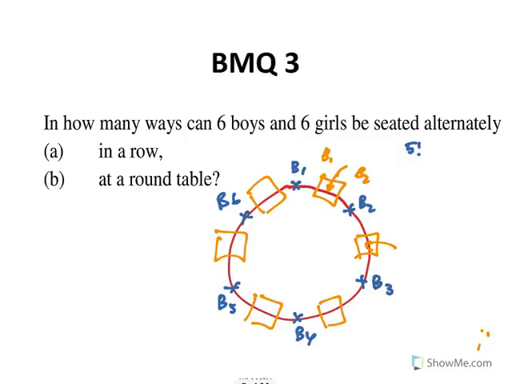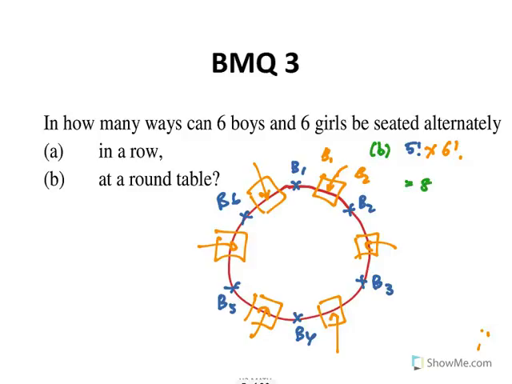How about this? It's also unique between B2 and B3, between B3 and B4. If I sit here, B4 is on the right, B5 is on my left. If I sit here, B5 on my right, B6 on my left. So the arrangement is unique. So how many ways can I arrange the girls? It's actually 6 factorial, not 5 factorial. Most people think it's 5 factorial. 5 factorial works if the boys are not there. But if the boys are there, the boys in a way number the seats. They actually decide the seat. So it's actually 5 factorial times 6 factorial,